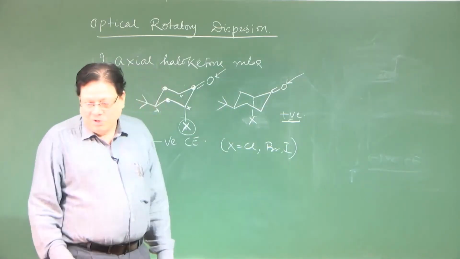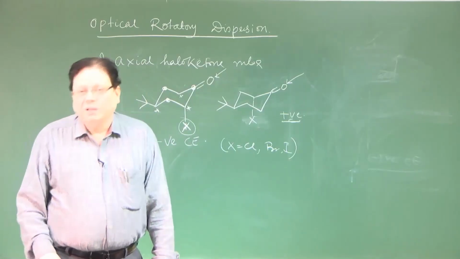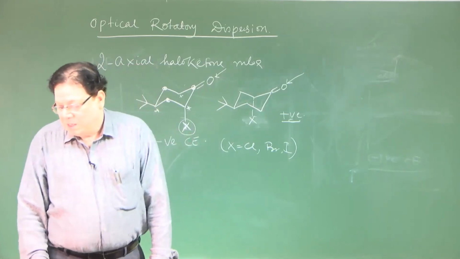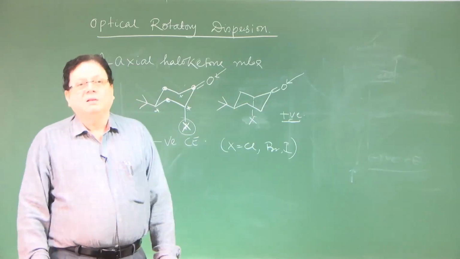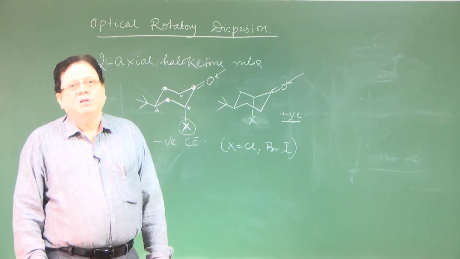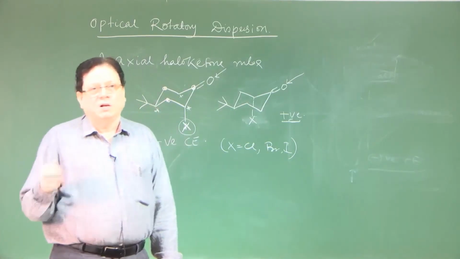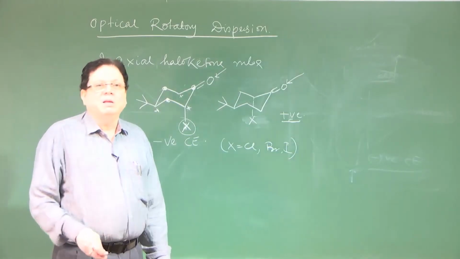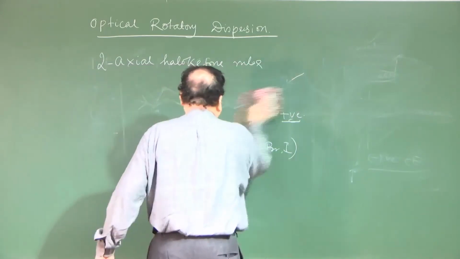Now, let us try to apply it to solve some problems. What are the problems? The problems are basically to determine the geometry of a molecule. Determining the geometry can mean conformational geometry or configurational geometry. So, let us start with a molecule, the determination of absolute configuration of, let me see,